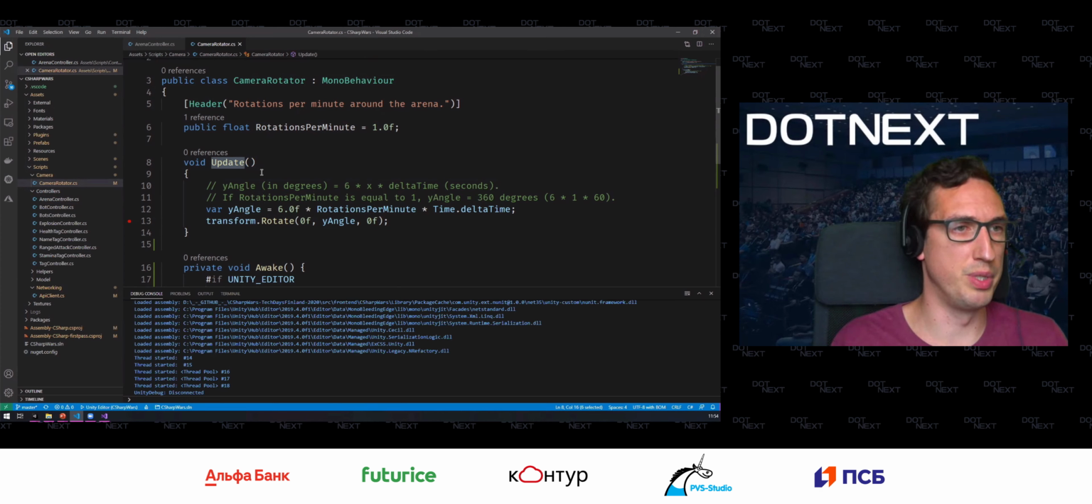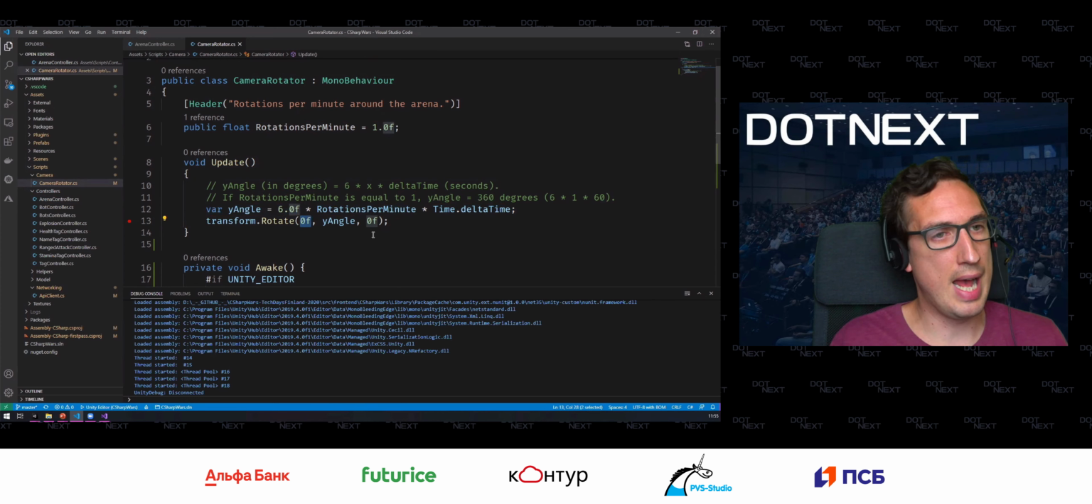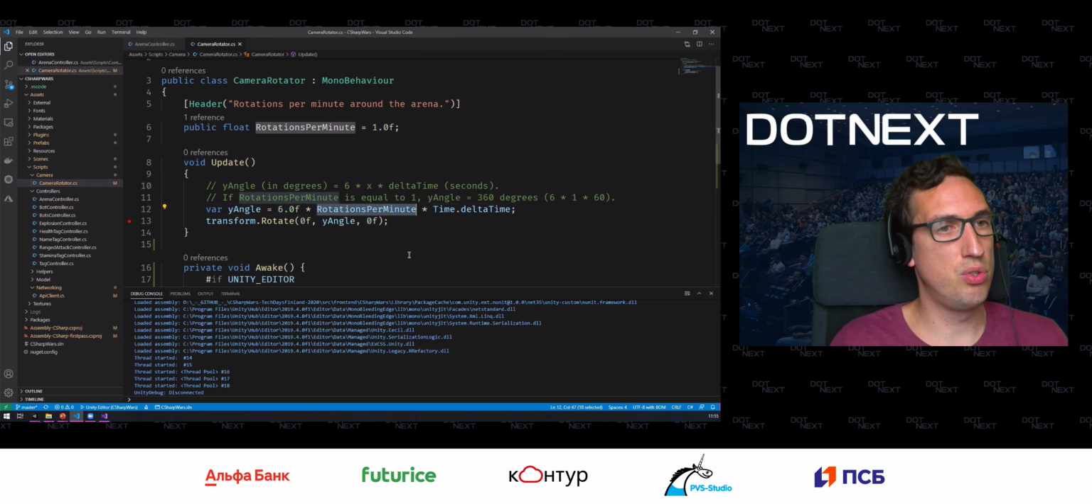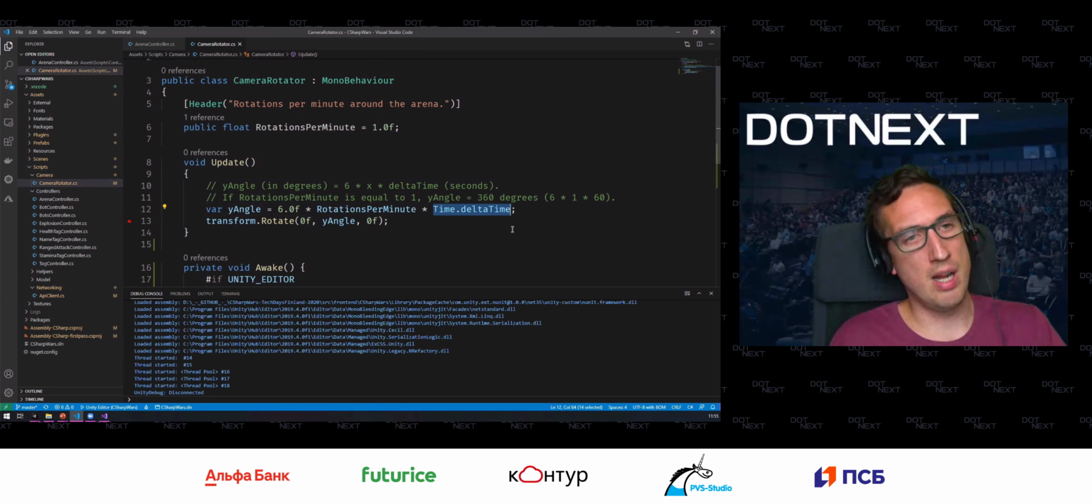So that's exactly what we want to do with the camera. So the camera needs to slowly rotate around the arena. So I'm going to calculate a Y angle. So basically the camera does not need to rotate around its X or Z axis. It only needs to rotate around its Y angle. And the calculation works like this. It's like 6, which is a constant number, times the rotations per minute that we want to achieve, times time.deltaTime. And time.deltaTime is very important here because time.deltaTime actually tells us how much time